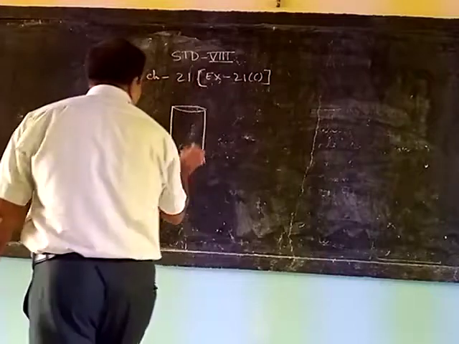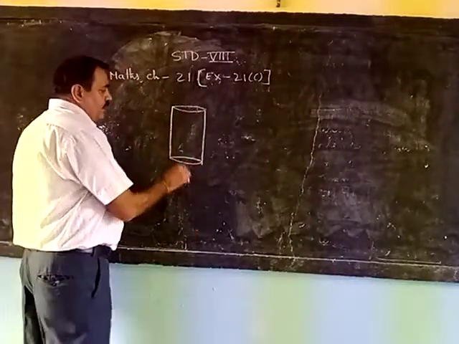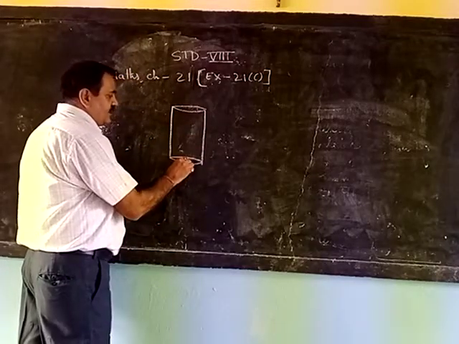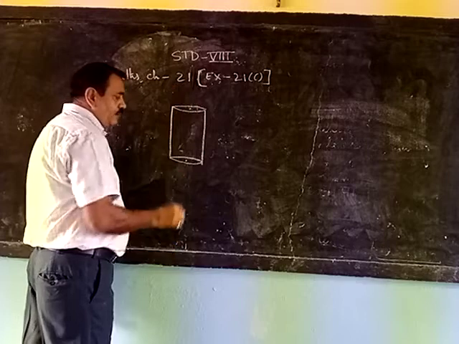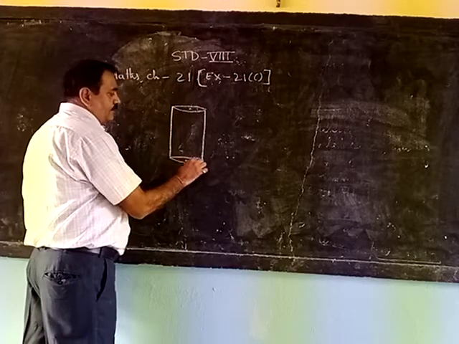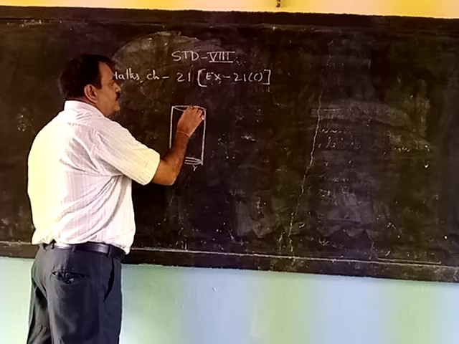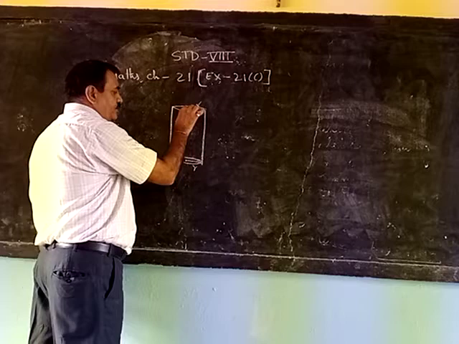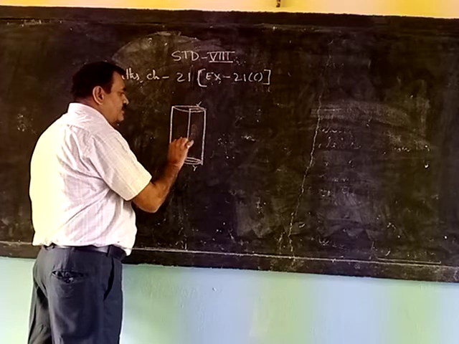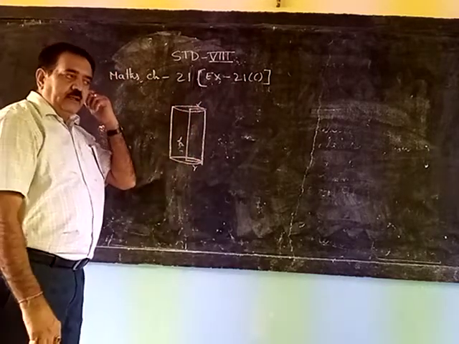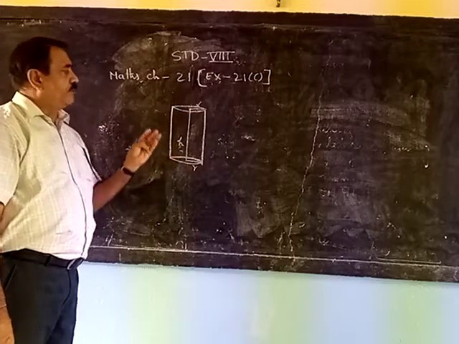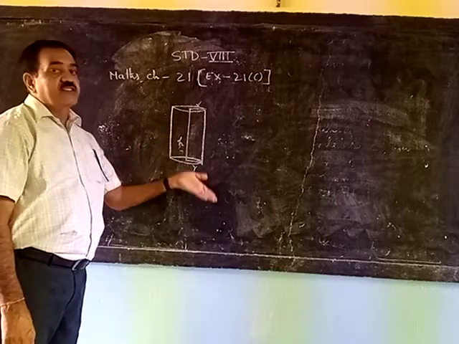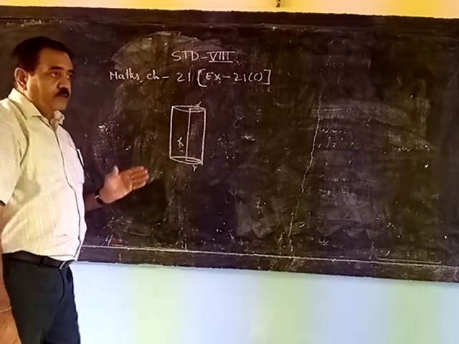So this is the base of the cylinder, this is the top of the cylinder, and one piece of the cylinder is in the shape of a circle. Suppose this is the center of the circle, this is also the center of the circle. From the center to the circumference, this is the radius of the circle, this is also the radius, and from this point to this point, the top one, this is the height of the cylinder. Right? Now we have to find the volume of the cylinder, total surface area of the cylinder, and lateral surface area of the cylinder.